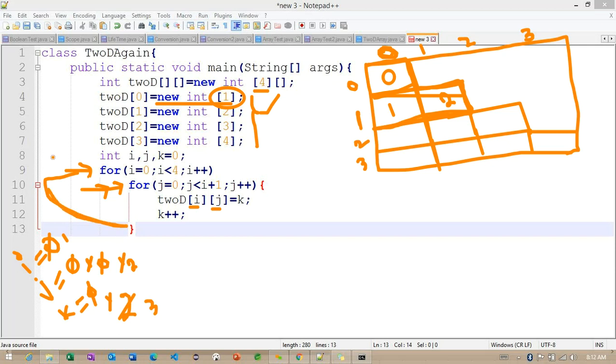So once the condition is not satisfied, it's moving on to the outer loop. So I value will become 2 and J value will become 0. And now you can observe here J 0 and I value 2. So this particular condition will become 3 because 2 plus 1 is 3. So the J value is going to repeat until 3 times here.